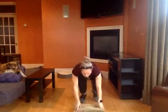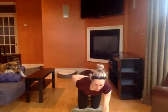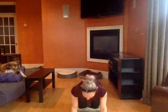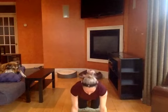Now we're going to go into our scapular push-up next. So if you want, again, a mat or a pillow, we're going to go on our hands and knees. This one might be a little hard to see, but keeping our arms locked out, I really want you to think about trying to squeeze your shoulder blades and your back together as if you're trying to keep a pencil in between your shoulder blades. So we're going to sink into our shoulder blades, coming down, and just releasing. We're going to do this for 15 reps as well, so we'll count that as 1, and that's 2,